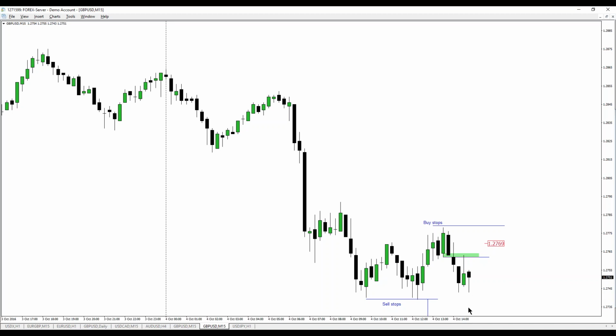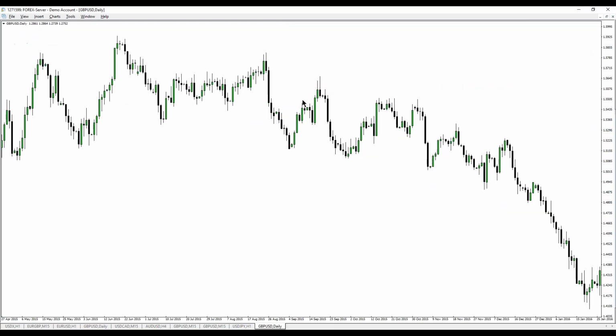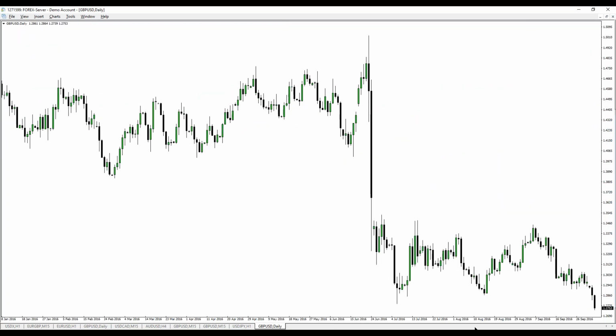Whether it has the willingness to continue going through that, we don't know because of the time of day. What we do know is that on the daily chart on cable, let me get a brand new one. We're in new territory down here. We took this low out and we're expanding. See that? So in reality, we have